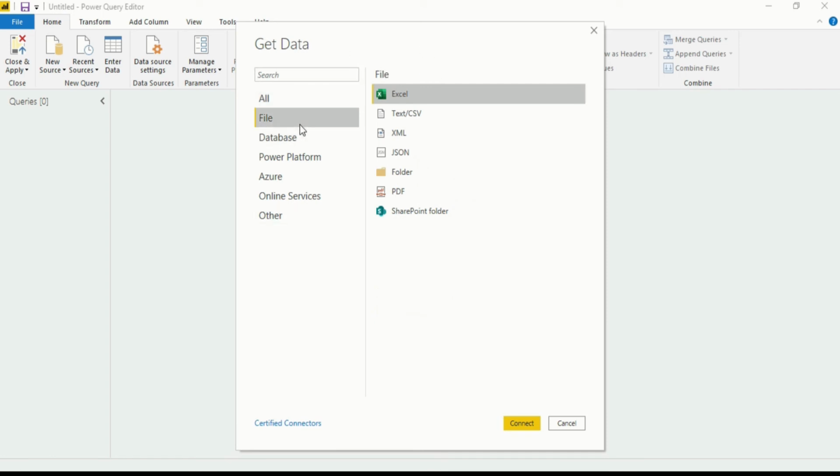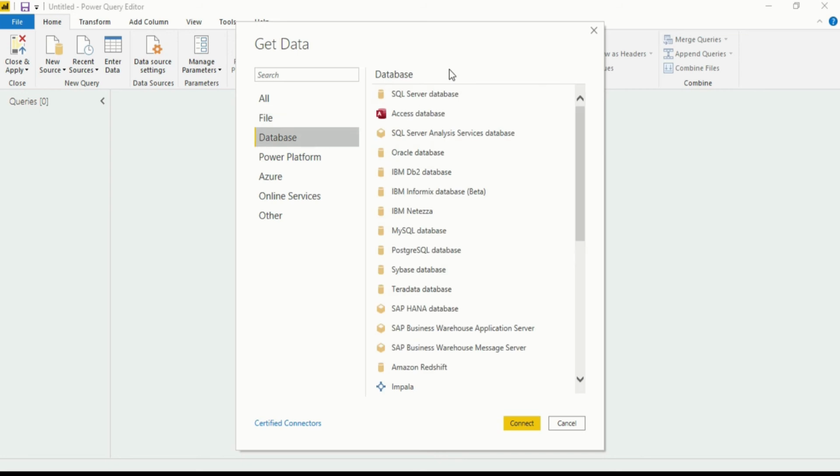You can see the File section, where Excel, Text/CSV, XML, JSON, Folder, PDF and SharePoint folders are available. In the Database section, you will see the various databases available, like SQL Server, SSAS database, Oracle database, IBM, Amazon Redshift, Impala.